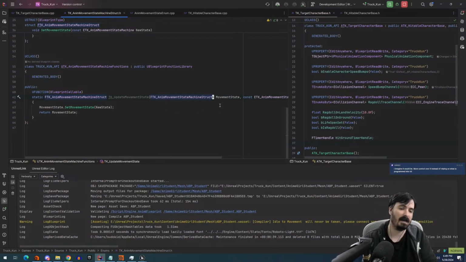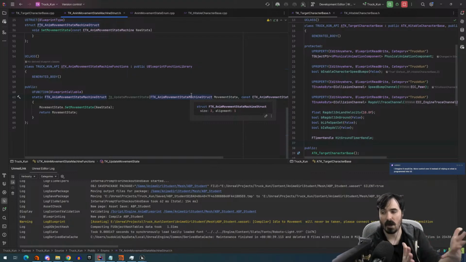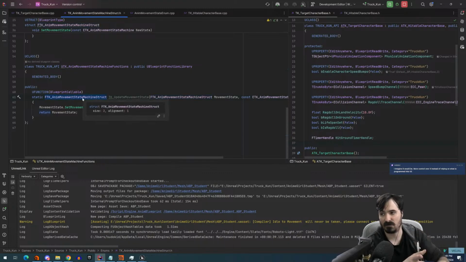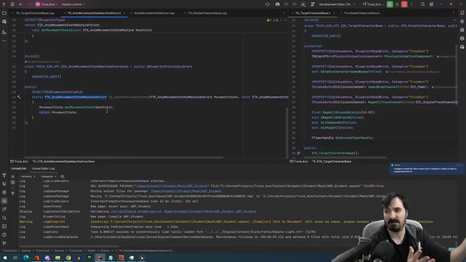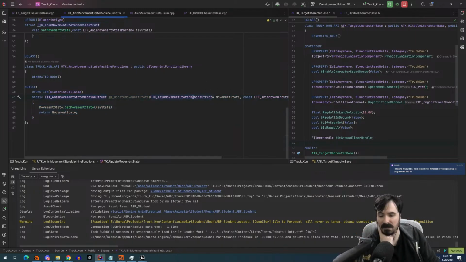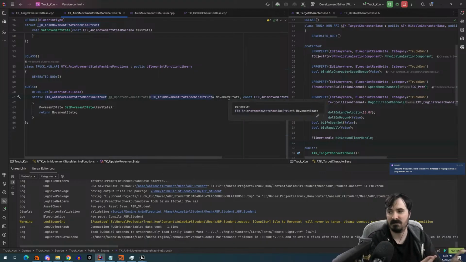When I do this, it makes a copy of it, sends the copy, and the copy has to come back out in order for me to update the state in the struct. So I'm clobbering things and recreating things. This is inefficient, right? This is substantially more efficient here. But this isn't allowed in blueprints. It is allowed in C++. Kind of poopy. Anyways,